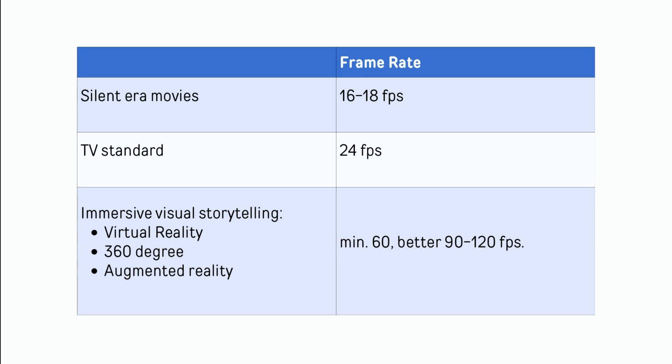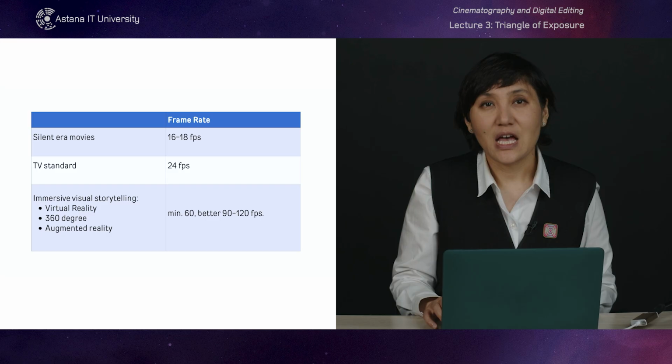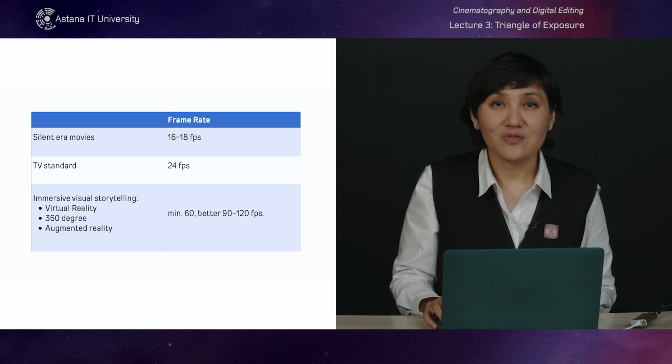When using VR headsets like the Vive or Oculus Rift, frame rates become a crucial factor in maintaining comfort and preventing motion sickness. At 30 frames per second, users may start to feel dizzy, and at 24 frames per second can experience nausea. To ensure a comfortable and immersive experience, VR systems require a minimum frame rate of 60 frames per second, with many developers aiming for even higher frame rates, ranging from 90 to 120 frames per second.